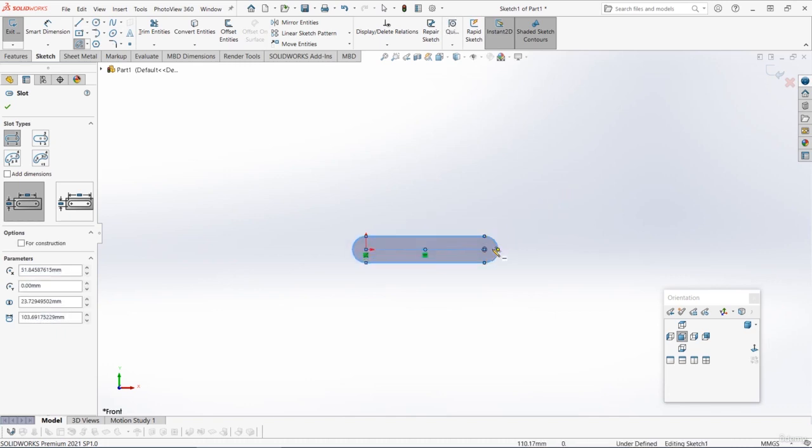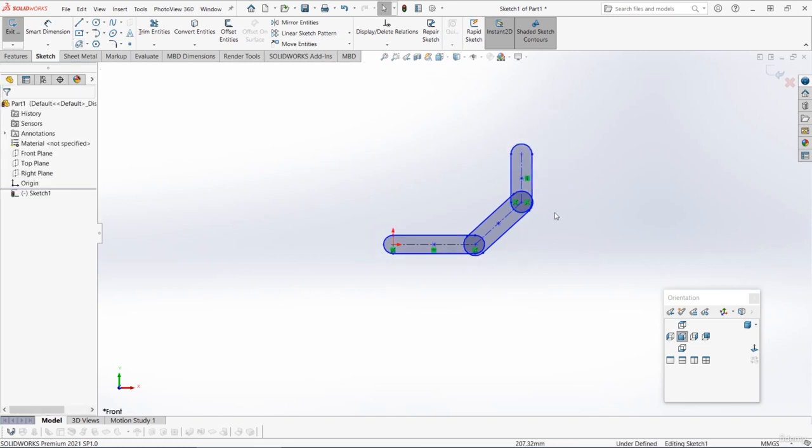We're now still within the slot tool. And let's start another slot at the center of this right hand point, going upwards and to the right at an angle. It doesn't have to be exactly the correct angle because we will add dimensions in a moment. So we'll go upwards, something roughly like this, and then finish that slot there. And then let's start a third and final slot that starts from the center point on the right here and goes directly upwards vertically. So you should have something like this, and then we can press escape to close the